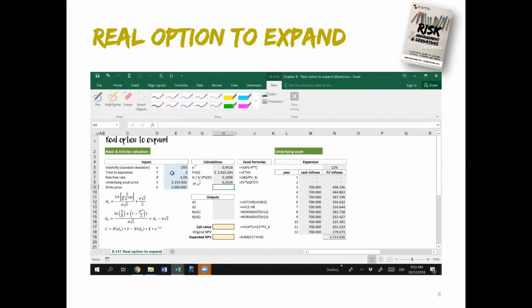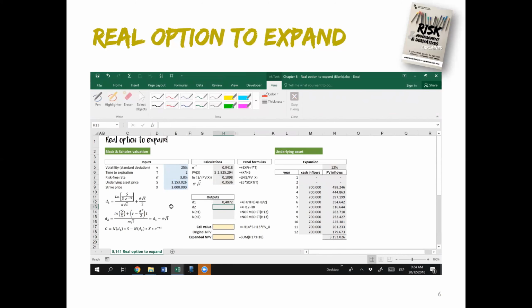Okay, now the two numbers, as you know, Black-Scholes formula is 3 numbers: D1, D2, and the call value. Let's start with D1. D1 is the logarithm we just calculated divided by sigma square root of t, both numbers are already calculated in cells H7 and H8, plus, again, what we have on cell H8 divided by the number 2. Okay, we have D1,